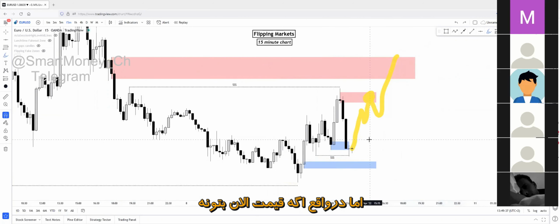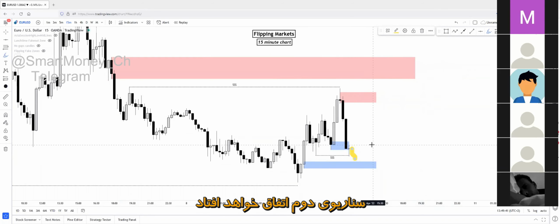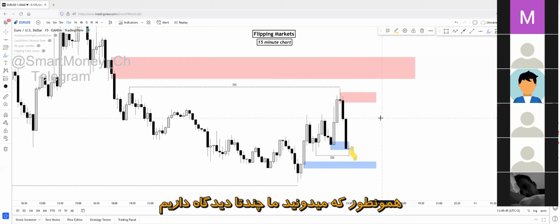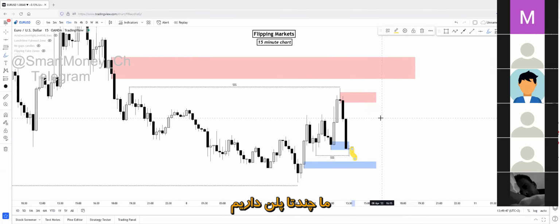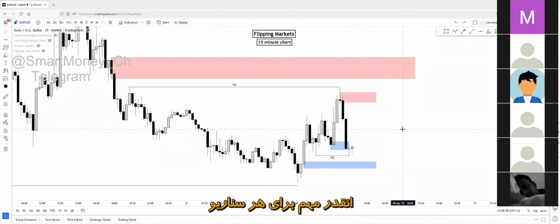But actually, if price can body break below this zone right now, then the second scenario will happen. So that's why I always say you have to react. As you can see, we built up several perspectives. We got several plans. We got several perspectives for today. There are 4 different scenarios that could easily happen today, but we have a plan for every single scenario, right? Do you guys understand why it is so important to build a plan for every single scenario? You'll be able to react on every single scenario without a doubt, right?